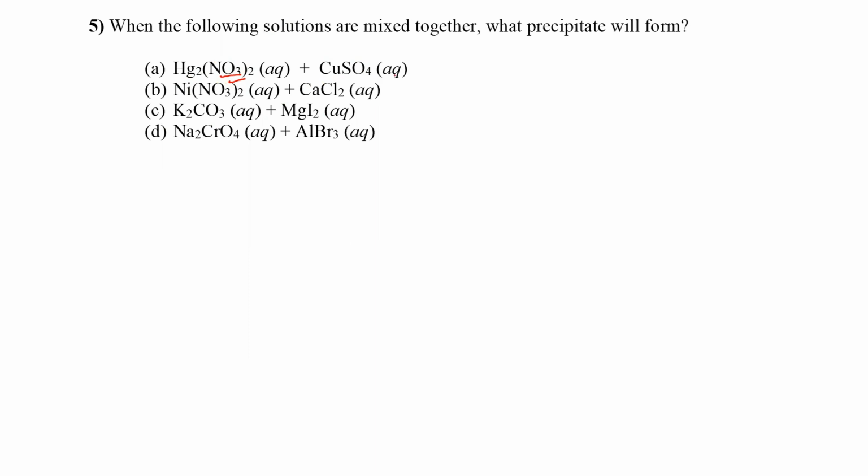We have copper sulfate. For sulfate, we need to be careful. Anything with sulfate is soluble except when it is with mercury, silver, and lead. So here we need to be careful since we have mercury. So we know that if we have mercury 1 nitrate plus copper sulfate, this will give